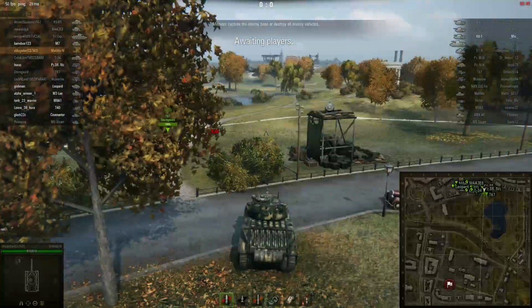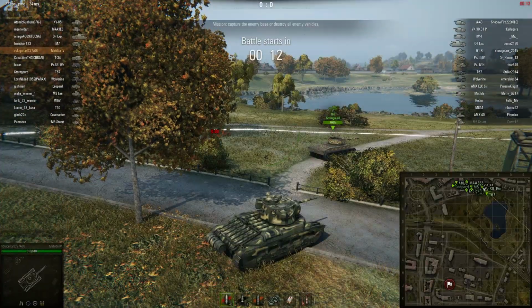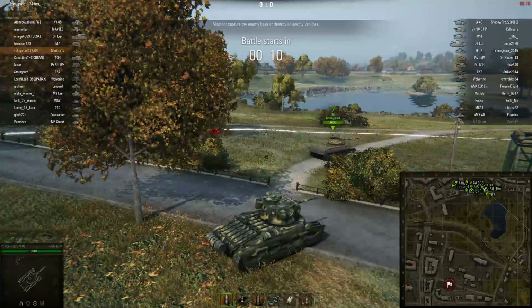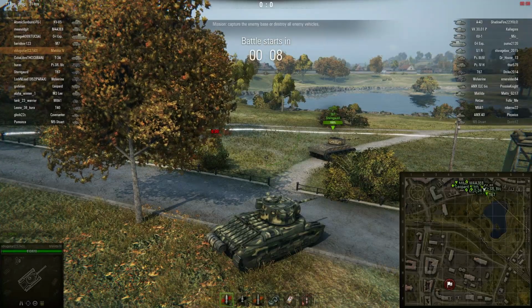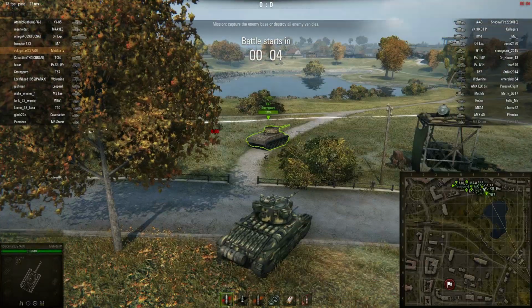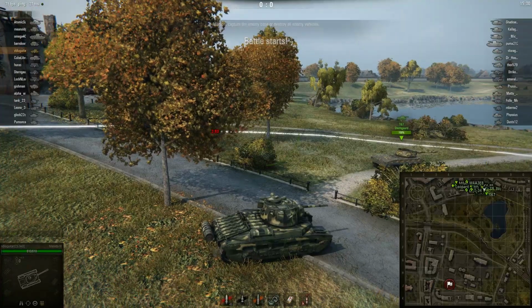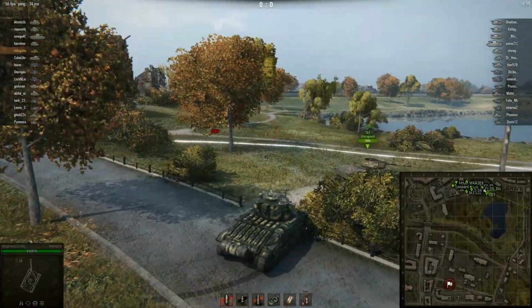All right, next battle. We're still awaiting players, so I'll come back. Now, you will run into matchmaking like this, where you see 1 or 2 tier 6 tanks, and then all the rest are 5s and 4s and 3s, and it's always an odd mix. It's a happy day for that A43. For once, he's going to have a good game. I mean, hopefully not, but...